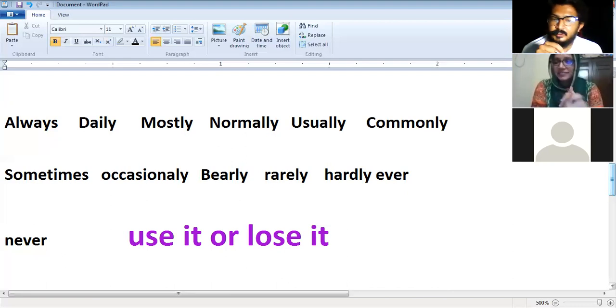These are the words that we, as second language speakers, never use. You will notice that native speakers use them subconsciously, very commonly and very easily. But when it comes to students of the English language, we normally use simple sentences like I wake up in the morning. We don't say I normally wake up in the morning. You will hear that everybody says we wake up in the morning, or we go to office. They never say that we daily go to office. Yeah, we always go to office. Yeah, we normally